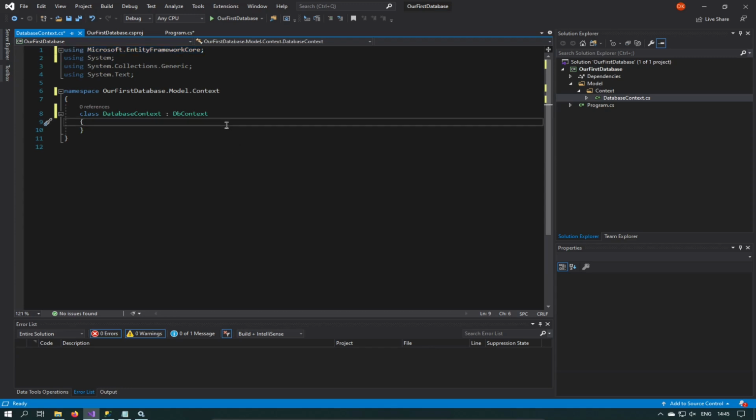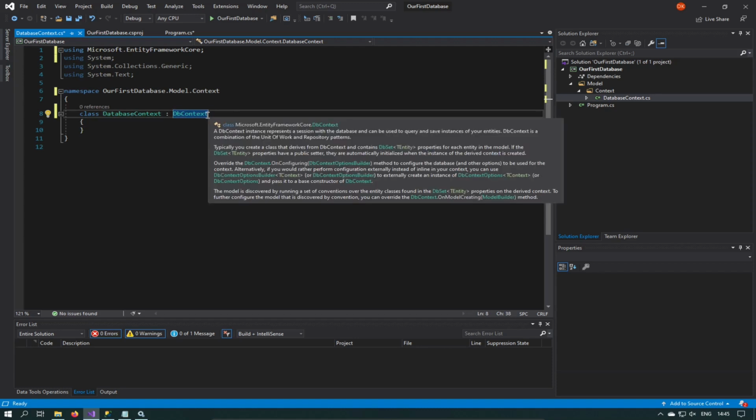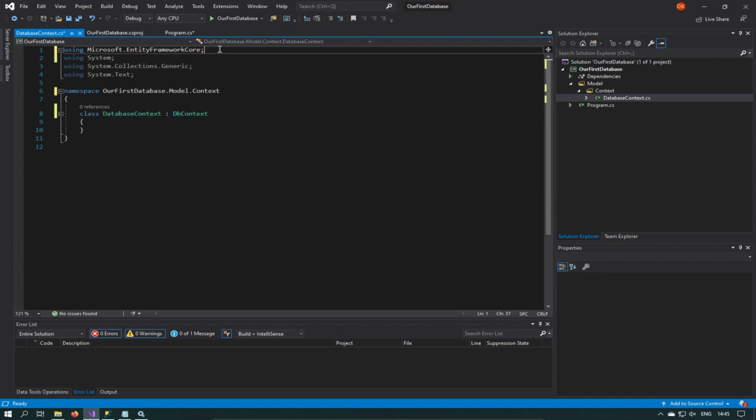So for this class, which is called database context, which we created, we want to inherit from DbContext, and DbContext exists inside the namespace Microsoft Entity Framework Core, which was installed using NuGet. So if we take just that for instance, and we can then look at